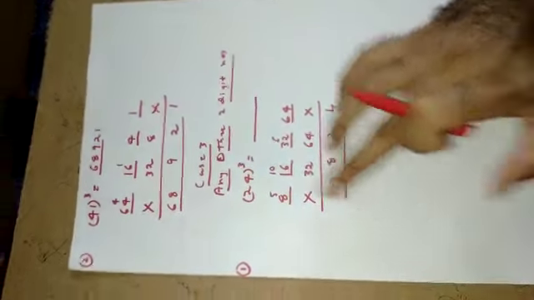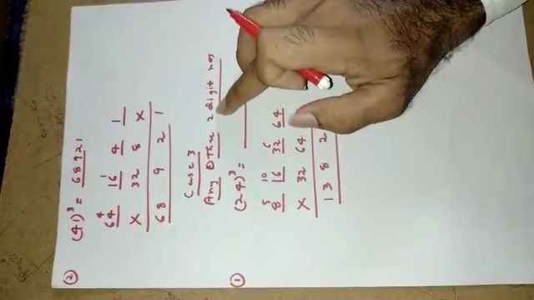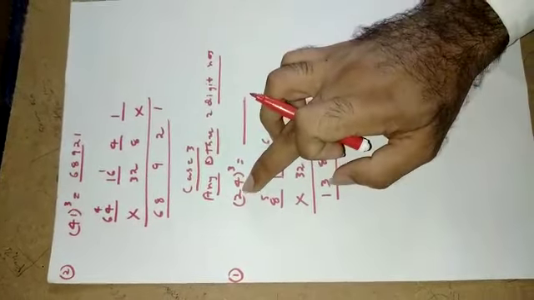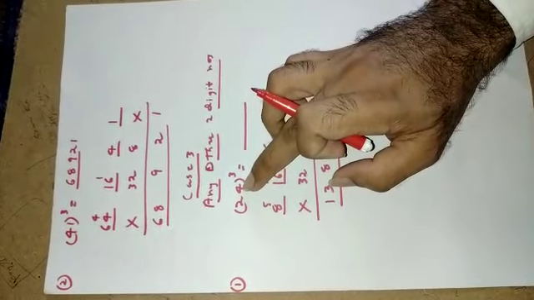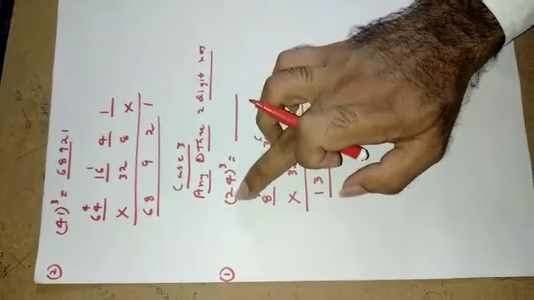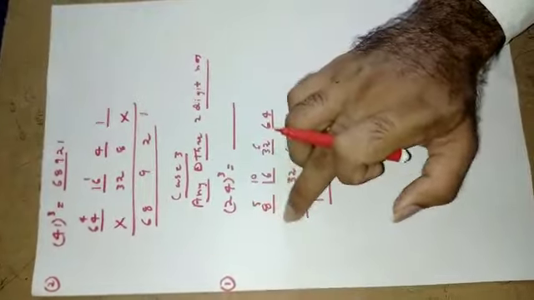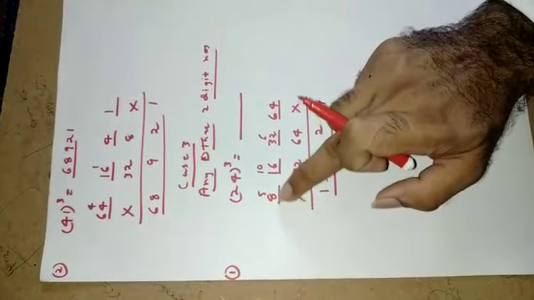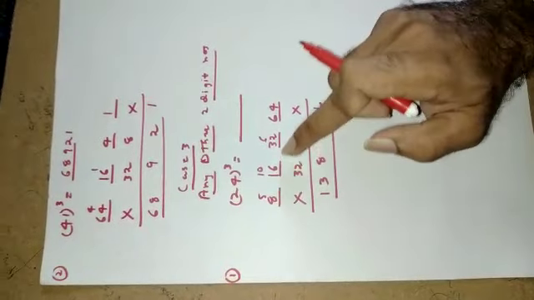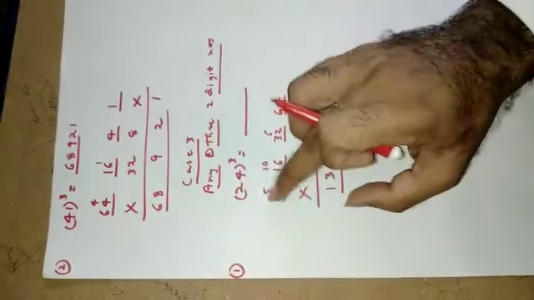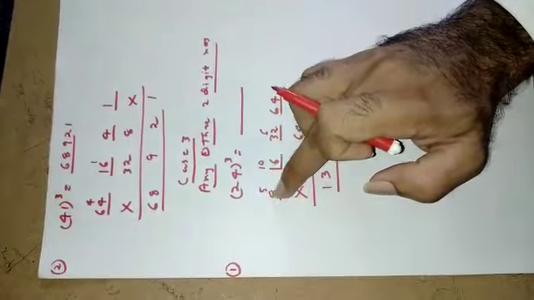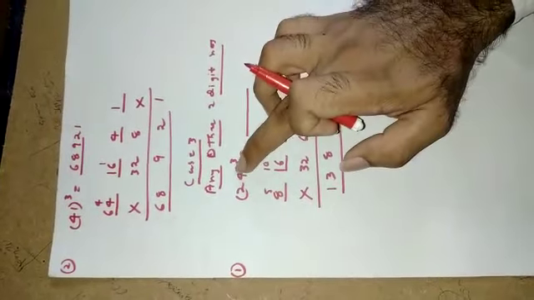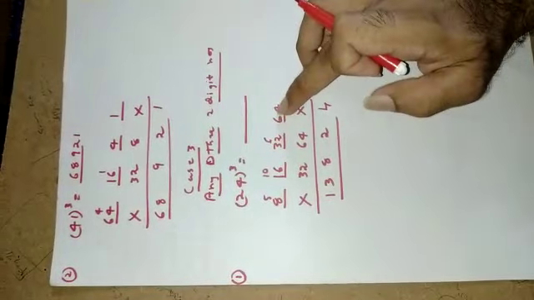Let's go to case 3. Any other two-digit numbers. Here we can solve anything. For example 24, 54, 64, anything, 33, anything. So 24 cube. Here, first we should put 4 spaces, 1, 2, 3 and 4. Here it is nothing but 2 cube is equal to 8. So we should write 8 here. And in the fourth spot it's nothing but 4 cube. 4 cube is nothing but 64.